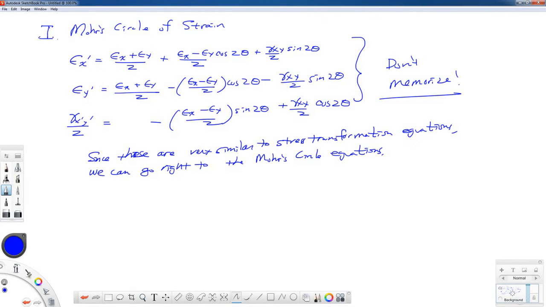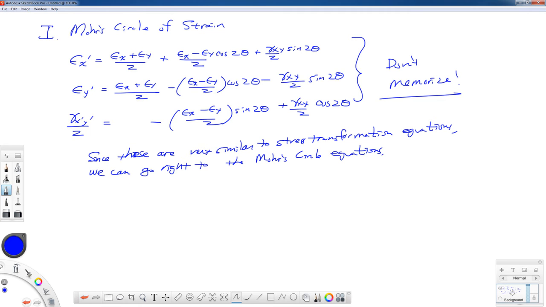In this lecture, we're going to talk about Mohr's circle of strain. Now, we're already familiar with Mohr's circle of stress, so that'll make things a lot easier for us. We have our plane strain transformation equations that I've written down here. I won't read through them again, but I do want to note, as we pointed out when we derived these,